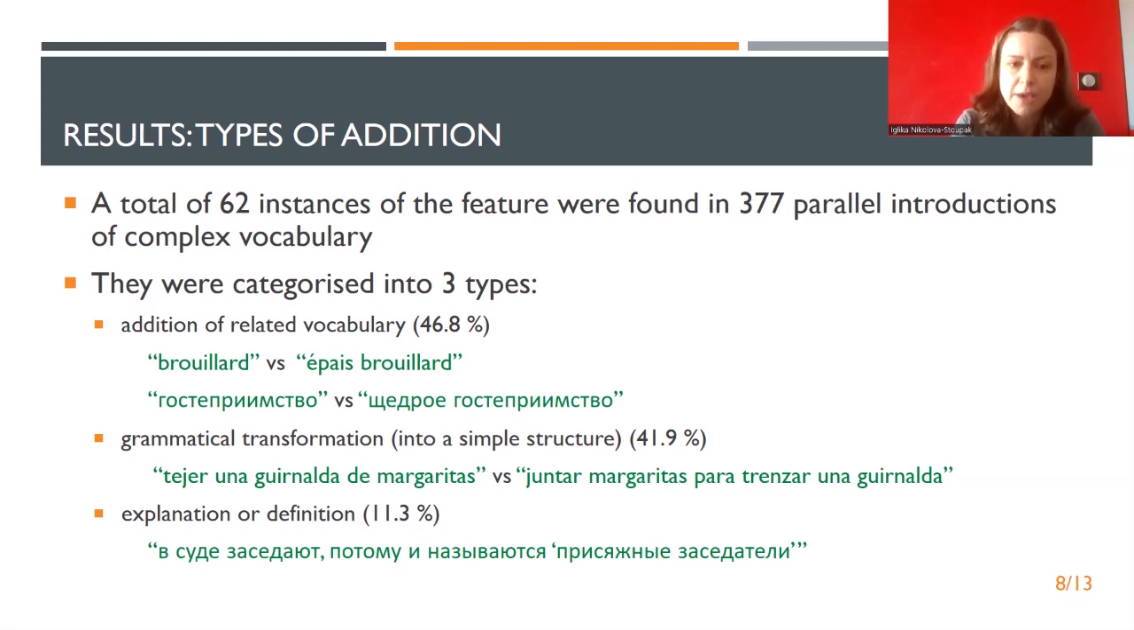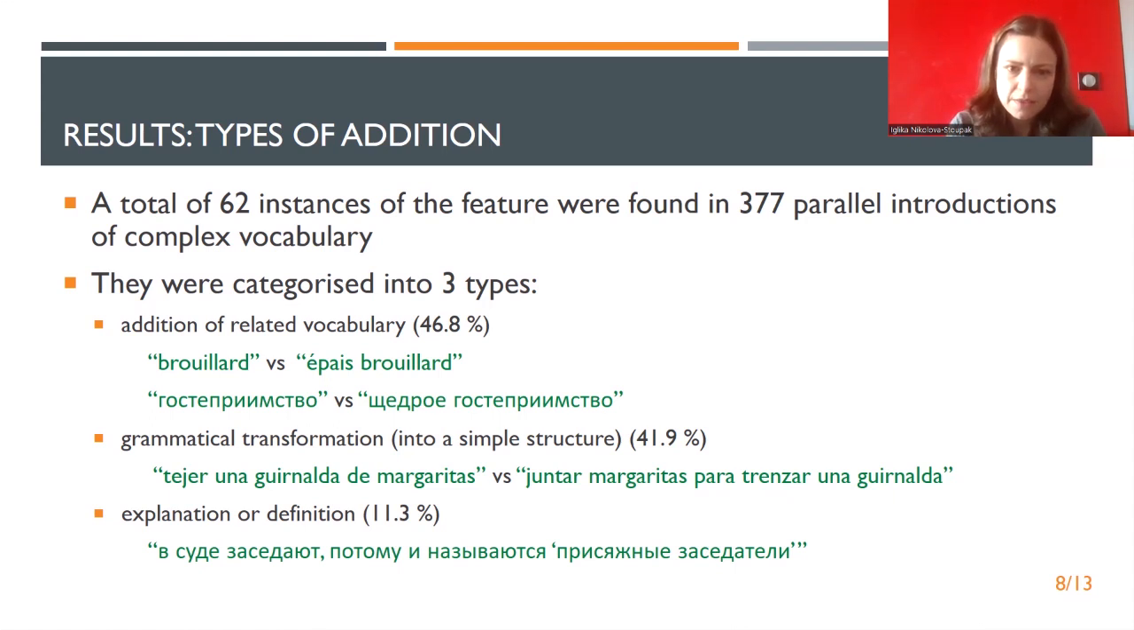case with Harris's transformation. For instance, in the Spanish text of Alice in Wonderland, we have tejer una guirlanda de margaritas versus juntar margaritas para trenzar una guirlanda. So to weave garland of daisies versus to gather daisies in order to braid a garland. The second version is longer but simpler in that it explains in more detail what is done. Gathering of flowers in order to make a braid, which is something that might be easier to understand by a